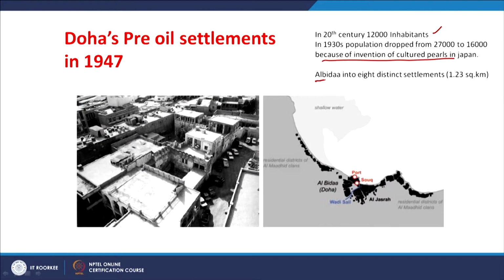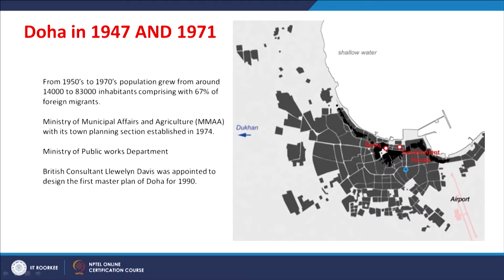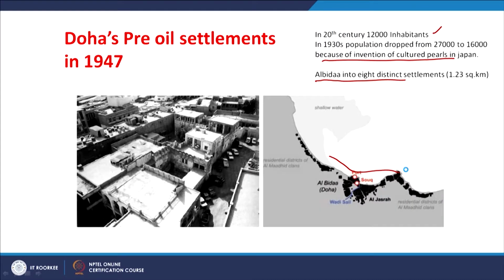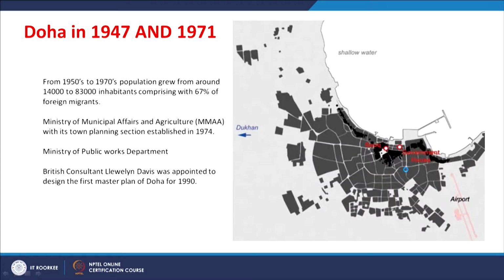So it was earlier called Al-Bida, which was a distinct settlement spread over about 1.23 square kilometers, as you can see in this map, and you can see all the traditional courtyard houses. And Al-Bida is today's Doha. And from 1947 to 1971, this is where, as in the previous phase we talked about absolute space, the vernacular processes were involved, and how people dwelled themselves, and how people started developing the built environments. So here, when the oil started pumping in,